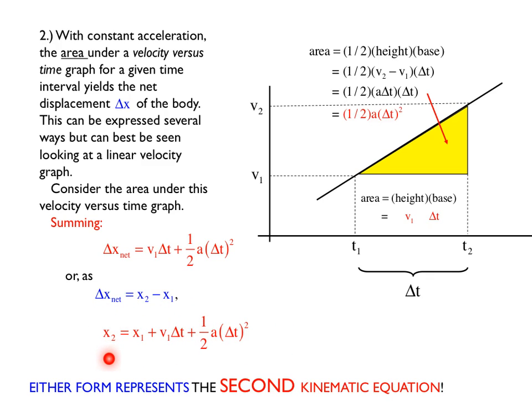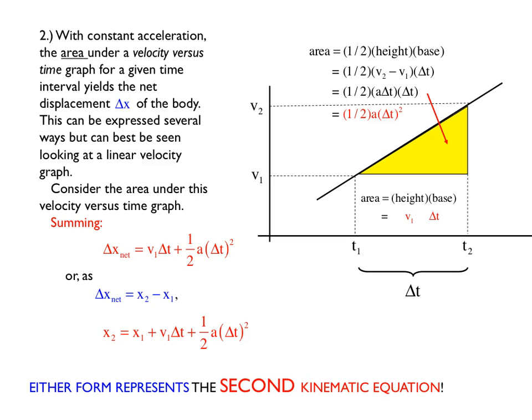It effectively says that if you want to know what the coordinate is of the body at time t2, and you know what the coordinate of the body is at time t1, if you add that initial coordinate to how the coordinate motion changes due to the fact that the body was initially moving with some velocity v1, and you add that to the way that the body's position changed due to the fact that it was accelerating over the time interval. If you add up all of those changes of position to the initial coordinate, it will give you